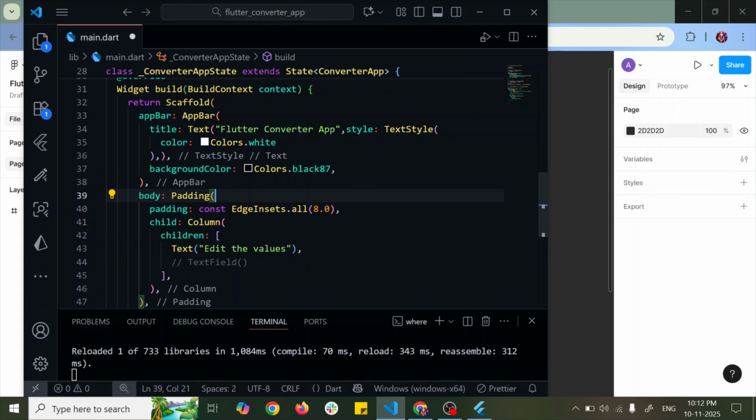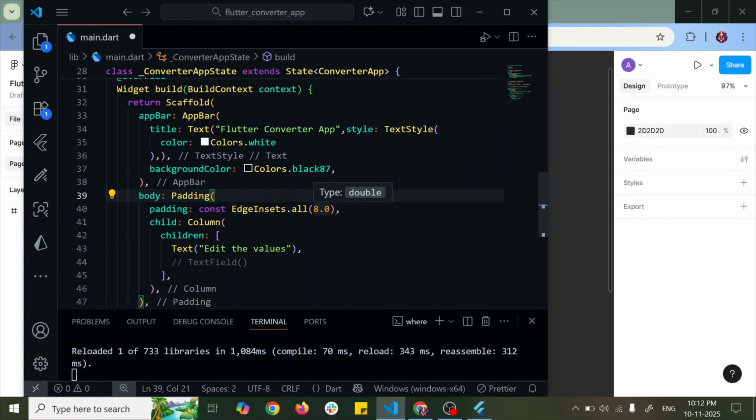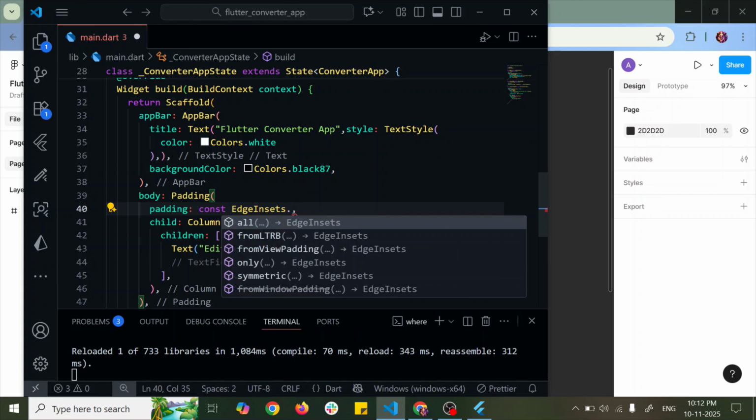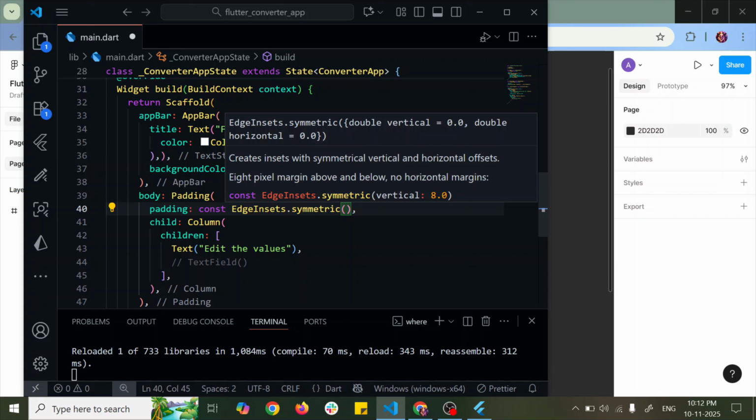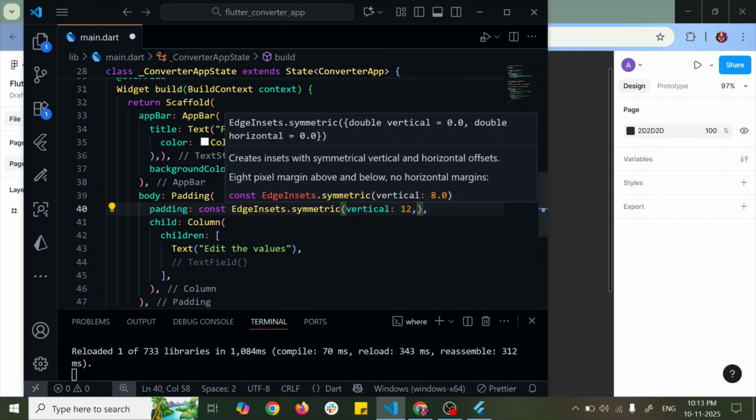That would be getting the same padding from all sides, a value of 8. I want to change this method. There is one more method called symmetric, which will give us vertical and horizontal. We can pass the parameters vertical and horizontal. I want vertical of around 12, and let's put the default one. I want horizontal a little bit more, around 10,